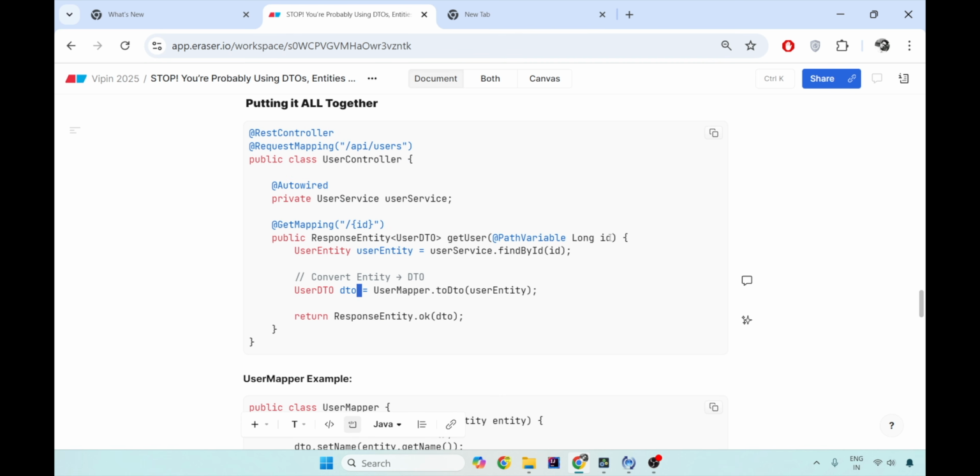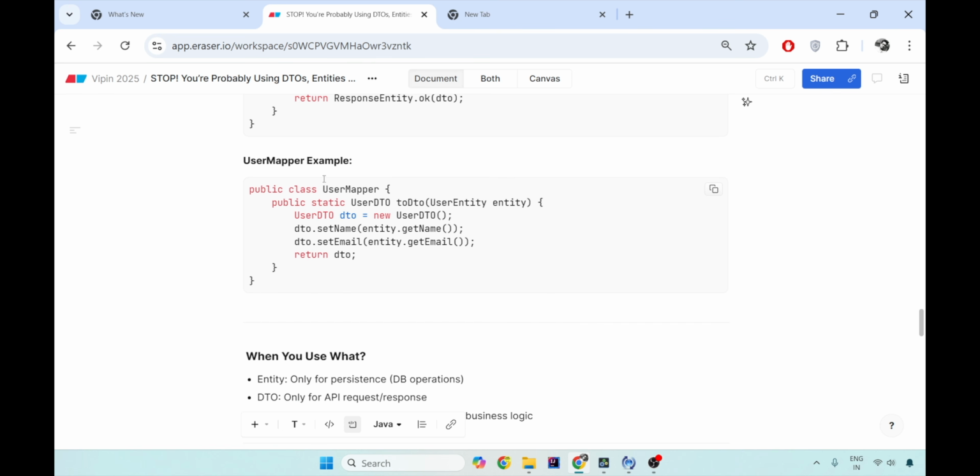It gets the ID, then it searches into the database or through the service for this ID, what is the user entity. Now, if this user entity is then mapped using MapStruct or something, converted into DTO and returns the DTO rather than returning the user entity. This is only one way. Even I would not suggest this is the perfect way, because this conversion could have been done in the service layer also, or in a separate utility class also, where you have all the mappings done from entity to DTO, DTO to entity.